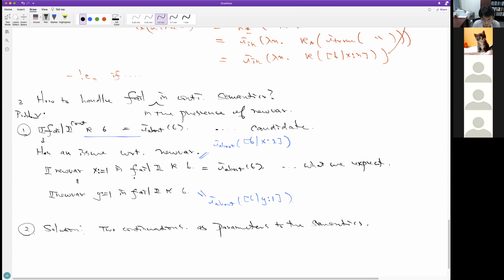The work is to restore the value of the global variable. So the idea of this solution is to record two kinds of information about what should be done in the rest of the computation.